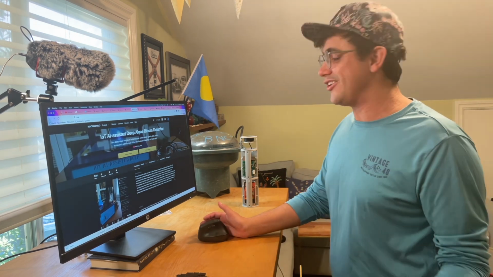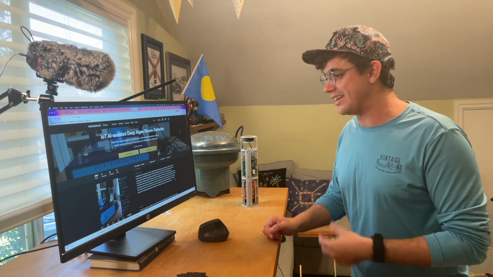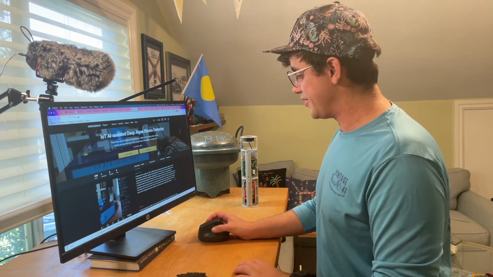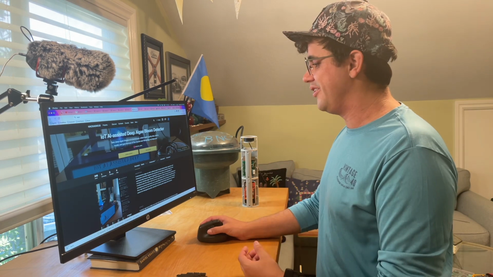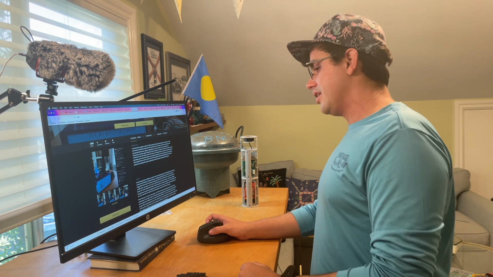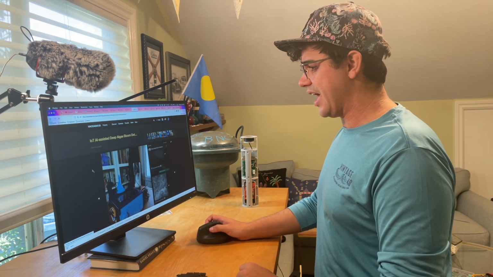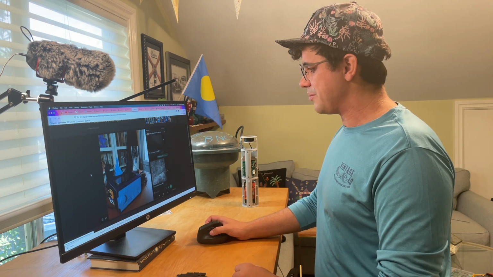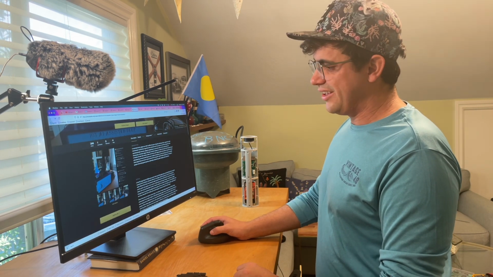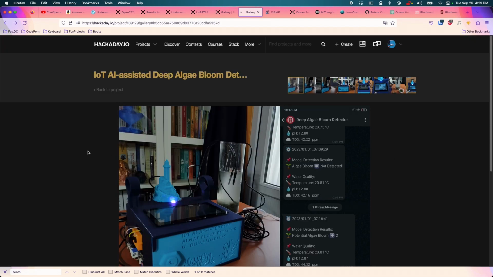My partner and I actually did a little hackathon where we used satellite data to try to identify HABs, and that's how she ended up with the job she's with now. A lot of people want this, and there really is not a good way to deploy a HAB detector within the open source space at all. This is the first attempt I've seen at it. He has this really cool 3D printed display and enclosure. I'm not exactly sure what the purpose of the enclosure is,